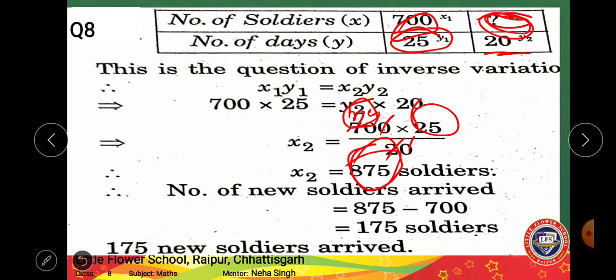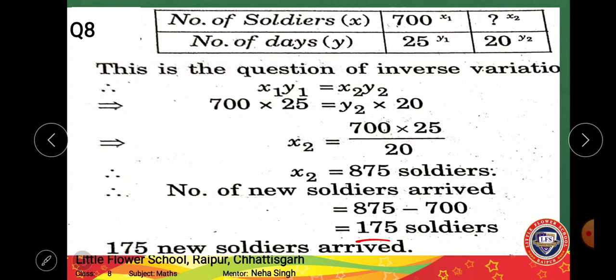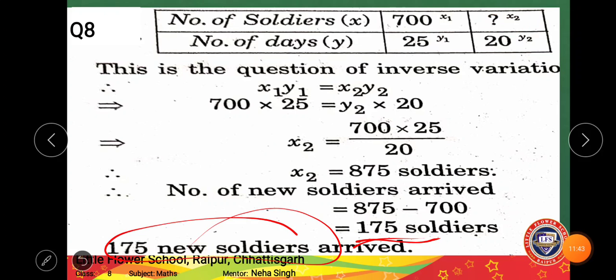जो जितने soldiers के नंबर इंक्रीज हुए हैं, अगर आपको वो फाइंड करना है तो क्या करेंगे आप, जो टोटल नंबर ऑफ सोल्जर्स निकला है जिसके लिए फूड 20 डेज चल रहा है, उसमें से हम पुराने जितने सोल्जर्स थे उनको माइनस कर देंगे, तो न्यू जितने सोल्जर्स आए वो हमें पता लग जाएगा. सो 875 माइनस 700 इट इज़ 175. So 175 new soldiers have arrived. This was the solution. Okay,